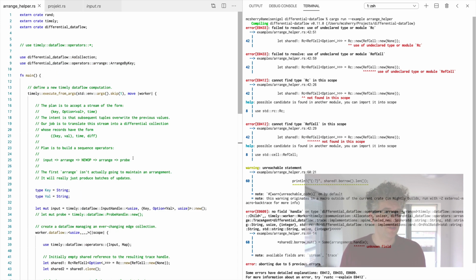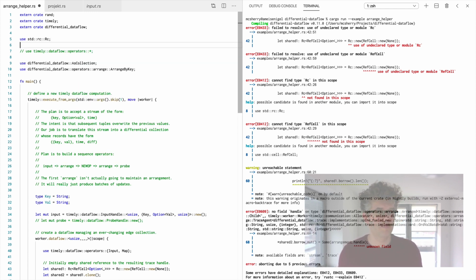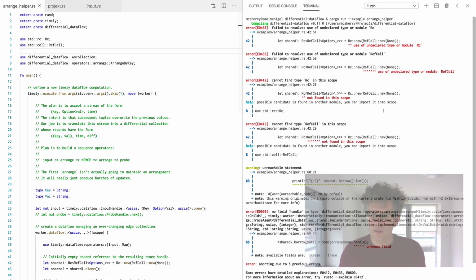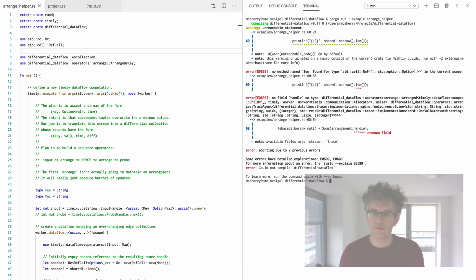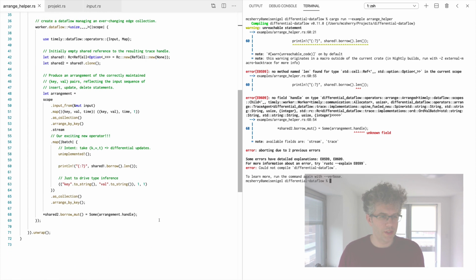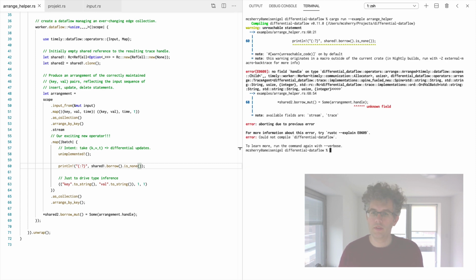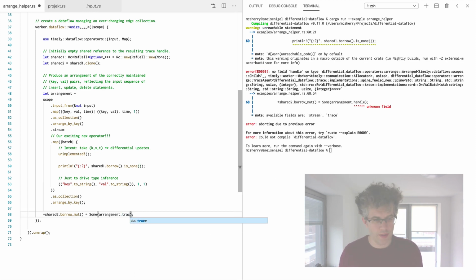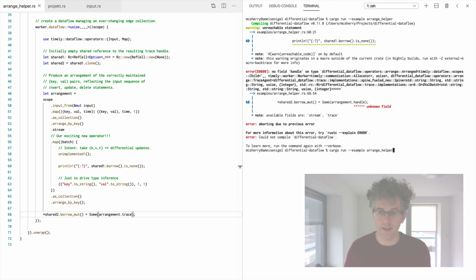All right, so we don't have the Rc module in yet. Let's grab that. No method named cell. Oh, okay, cool. We can just print out if it is none. Probably handle isn't the right thing. Probably trace is the right thing. That whole thing is a trace handle. So